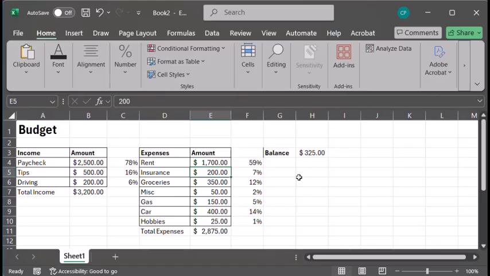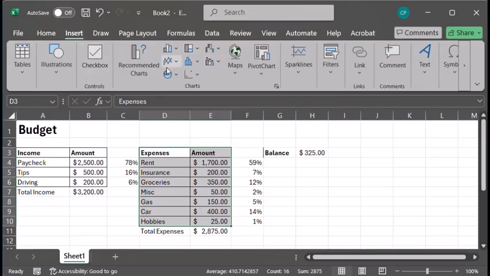One last little bonus that I'll throw in here, just because it's so convenient to visualize, is that we can easily make a pie chart from this information, or a bar chart. So I'm going to look at the expenses. If I just highlight this table of all my expenses and their amounts, I can go to the Insert tab, and there are lots of different types of charts that we can do here.